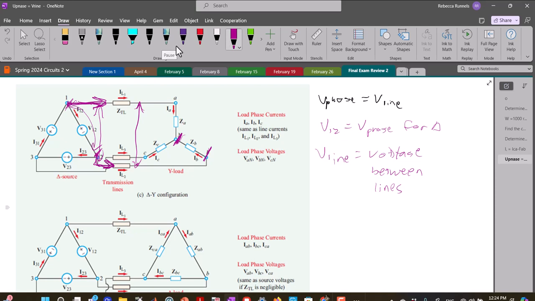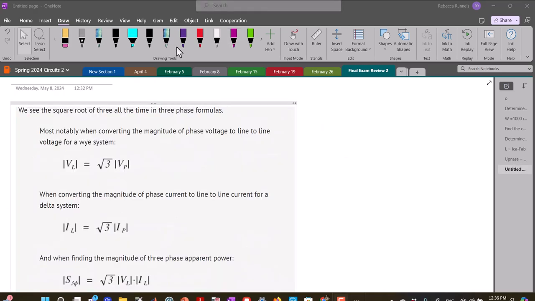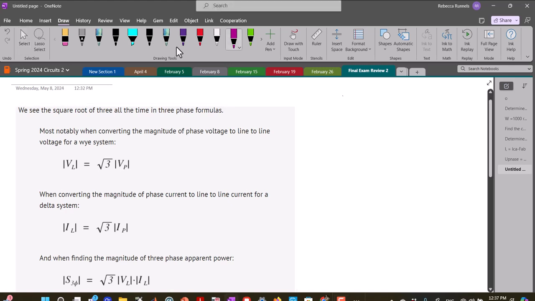But it is true for delta. The next question had to do with where did the square root of 3 come from? So first let me talk about where you see the square root of 3 and then I'll briefly tell you where it comes from. So if you are looking at a Y system,